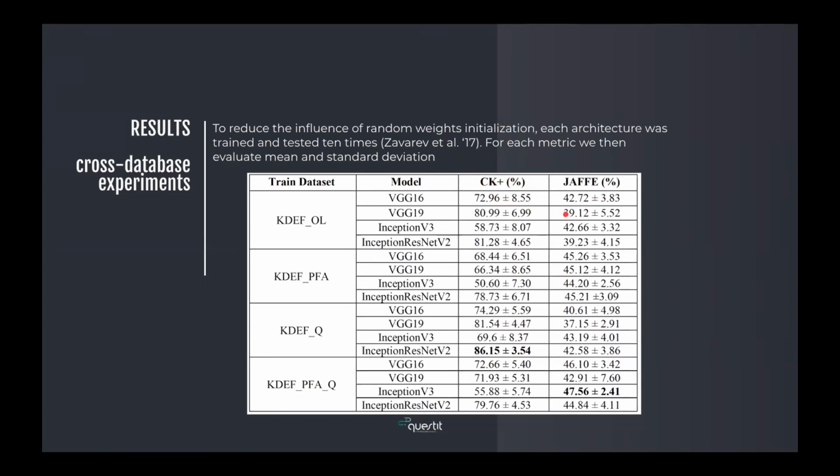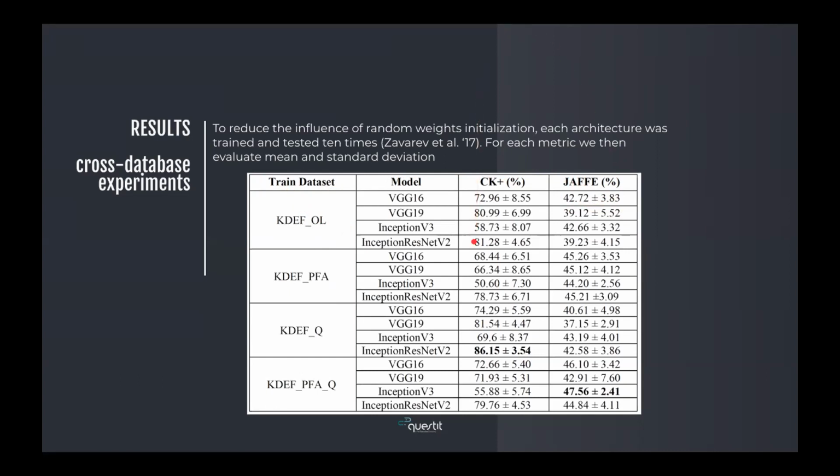And what is the problem here? The problem is that the CK Plus is a dataset similar to the trained dataset. It's different, but the pictures inside are similar. Instead, the pictures in the Jaffe are highly biased because they are only Japanese females. They are highly biased in terms of gender and ethnicity. So this shows the importance of using at least 2 test databases.